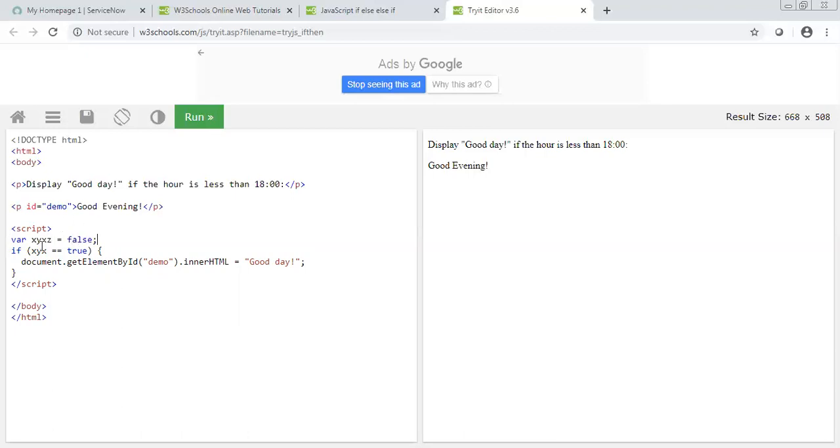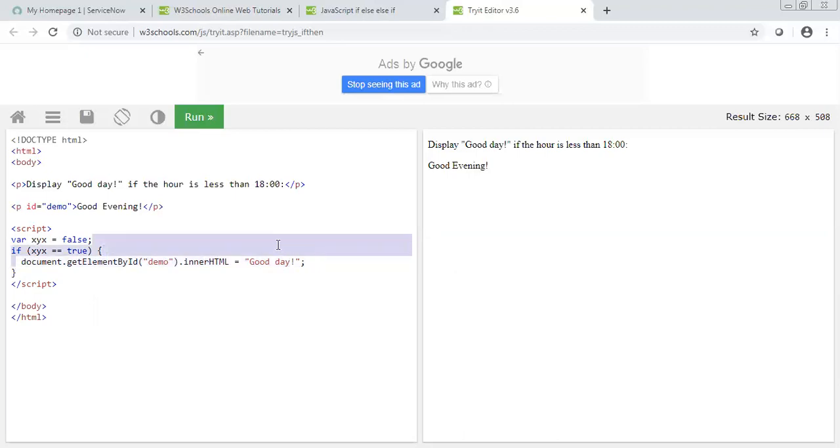Here, let's say you define var xyz is equal to false. This is how we define a variable. To define a variable you put var and then the name of the variable, which can be any meaningful name, and then whatever value you want to assign to it. Here I have assigned the value false, which is a Boolean value. True or false is a Boolean type variable. But below in my code I am writing if xyz is equal to true, then execute this.